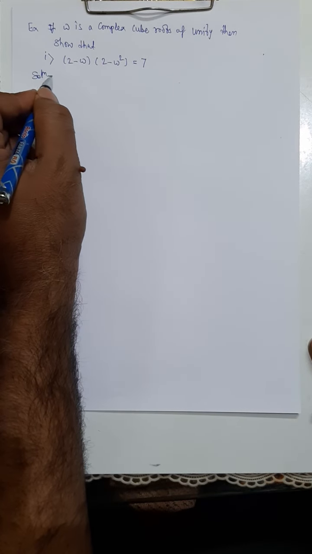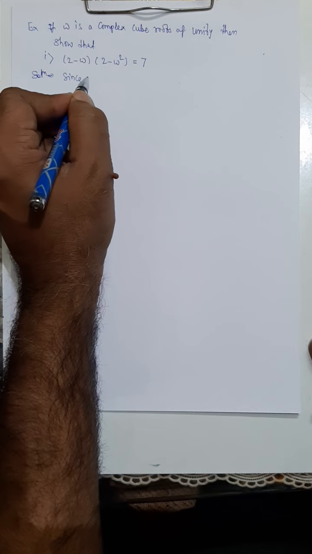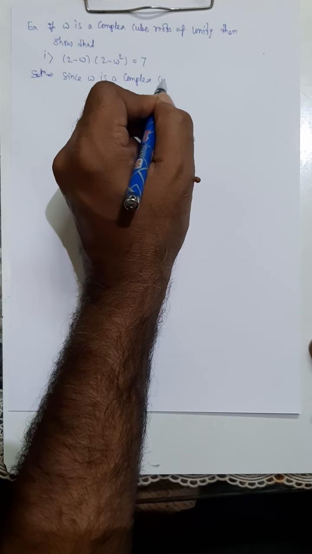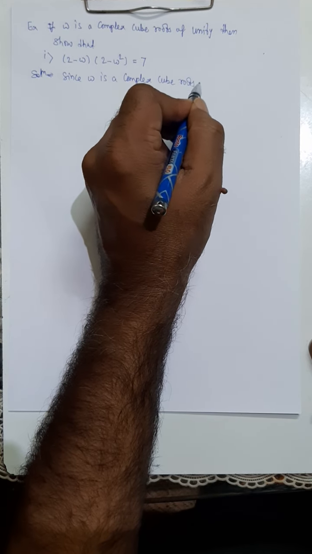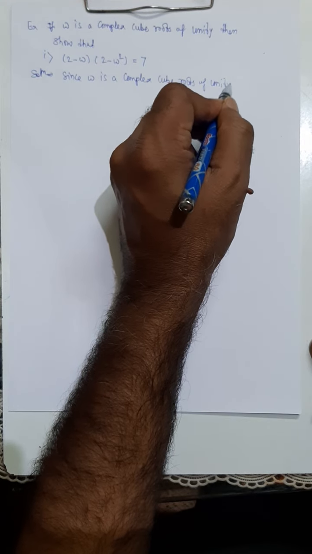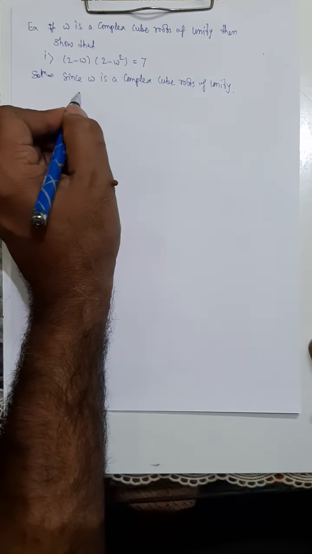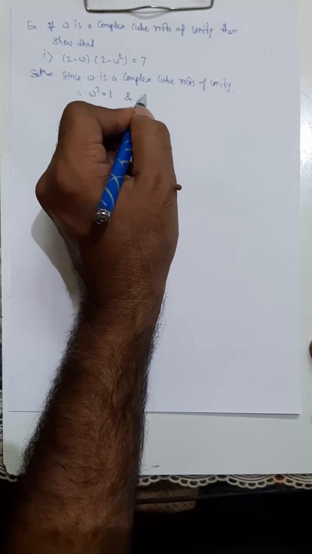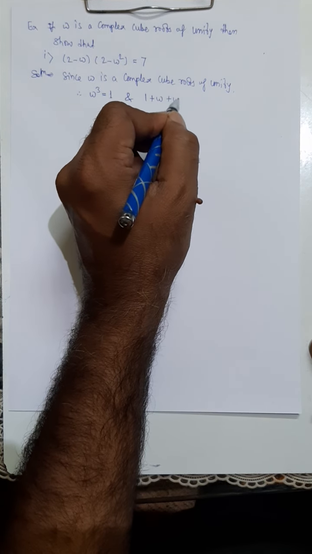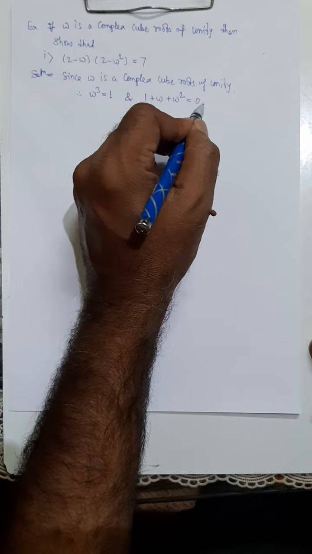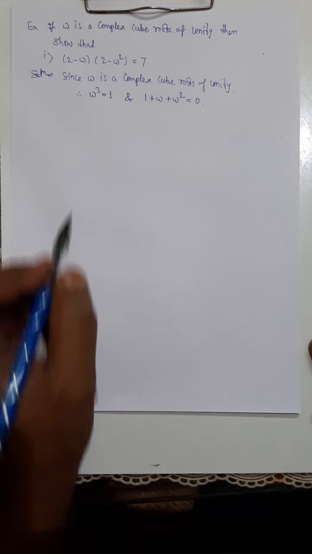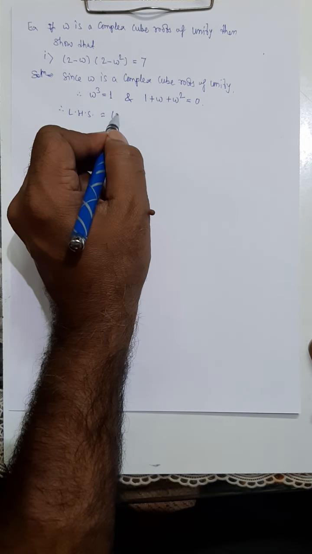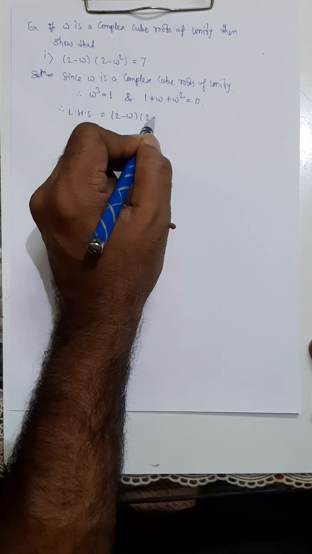See a solution. Given that, since omega is a complex cube root of unity, we can take omega cube equal to 1 from the article complex cube roots of unity, and the second equation is 1 plus omega plus omega square equal to 0 because of complex cube roots of unity. Then we take the left hand side, LHS, from the given problem, that is (2 minus omega) into (2 minus